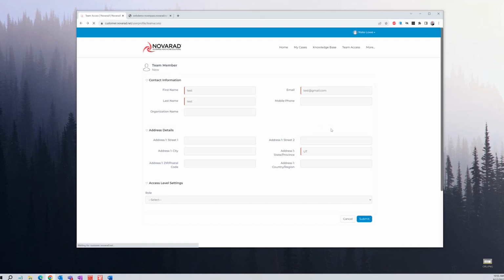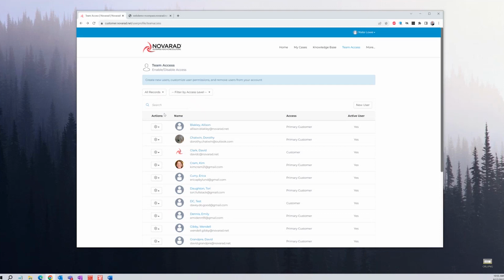All right, going back to the previous page, make sure I covered everything. This little action button here on the left of each user, we can change access. So if we don't want them to be a primary customer anymore, we can change the access, say set them to customer. We can reset their password from here. You frequently have people say, I don't remember my password. It's super easy. They can even do it themselves. On the login screen, there is a link that says, I forgot my password. So if they don't catch that link and they come to you, here's how you reset their password.